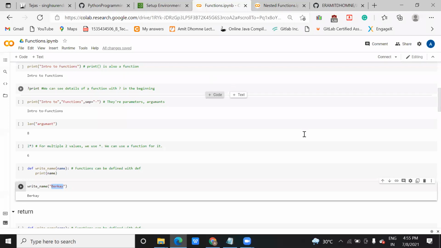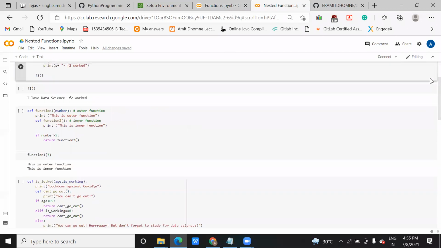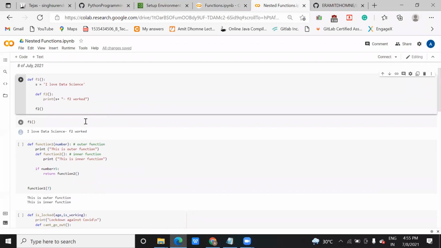Now today I wanted to show you nested functions. A nested function is also simple, it's not very difficult. You can see on my screen that I have created one function f1 and one variable s, of string type, with the text I love data science and Python programming.